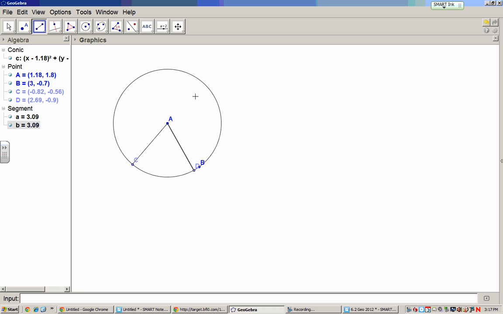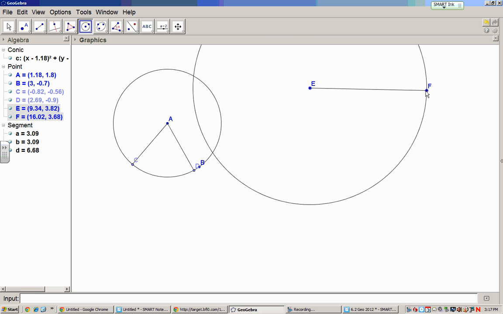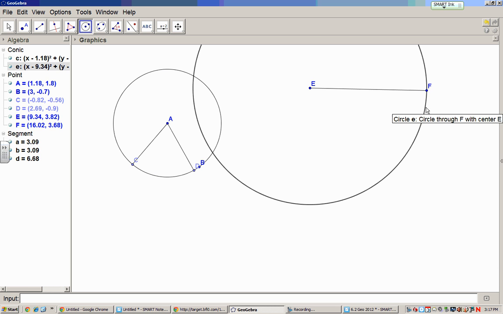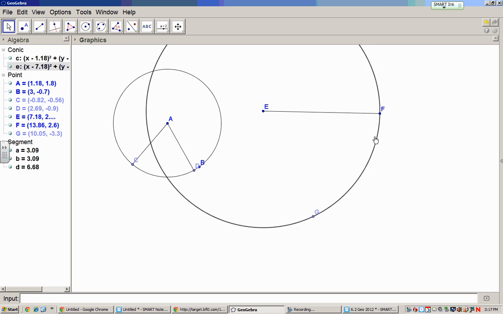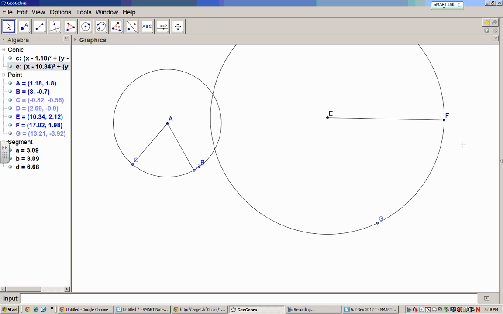And then we would have to have a length of this third one. So if I took a circle and took that length, and brought that over,